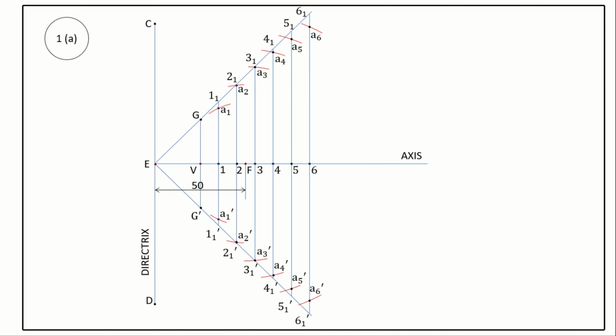Now the most important thing is you must draw everything only using 2H pencil. You must draw the construction using thin lines. Now we have got almost 13 points: A6, A5, A4, A3, A2, A1, vertex point V, A1 dash, A2 dash, A3 dash, A4 dash, A5 dash, A6 dash.